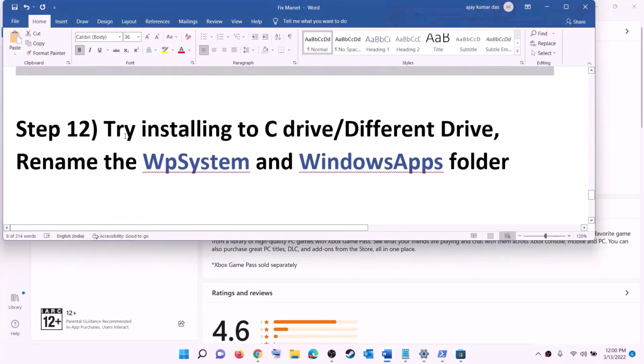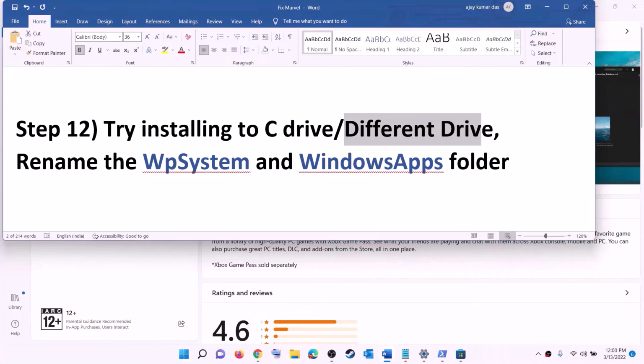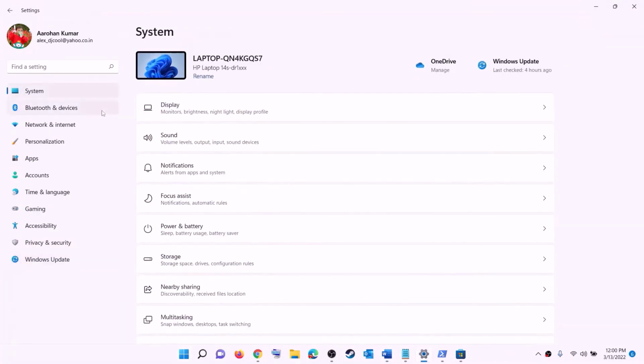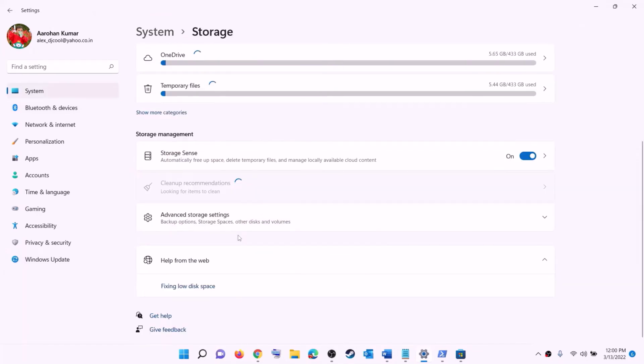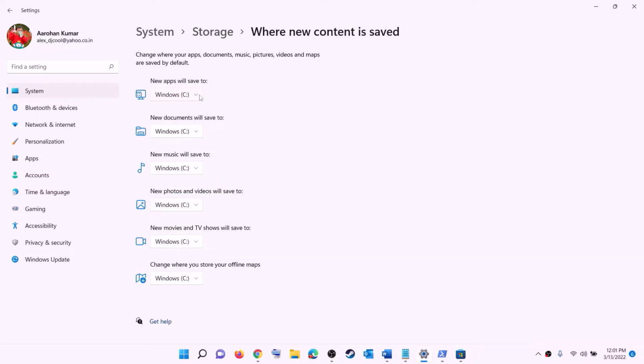Now the next step is to try installing the game to C drive, or if you're already installing it to C drive, then try a different drive. So for this, open settings and then go to system and then go to storage, scroll down, click on advanced storage settings, and then click on change where new content is saved. Click on it. Now over here, if you're installing the game to C drive, click over here and then select a different drive. Right now I don't have any other drive connected, so if you're trying to install it to C drive, then you can try a different drive. So click on this down arrow and select a different drive. But in case you're already trying to install it to D drive or another drive, then in that case you can click on it and then select C drive and then click on apply